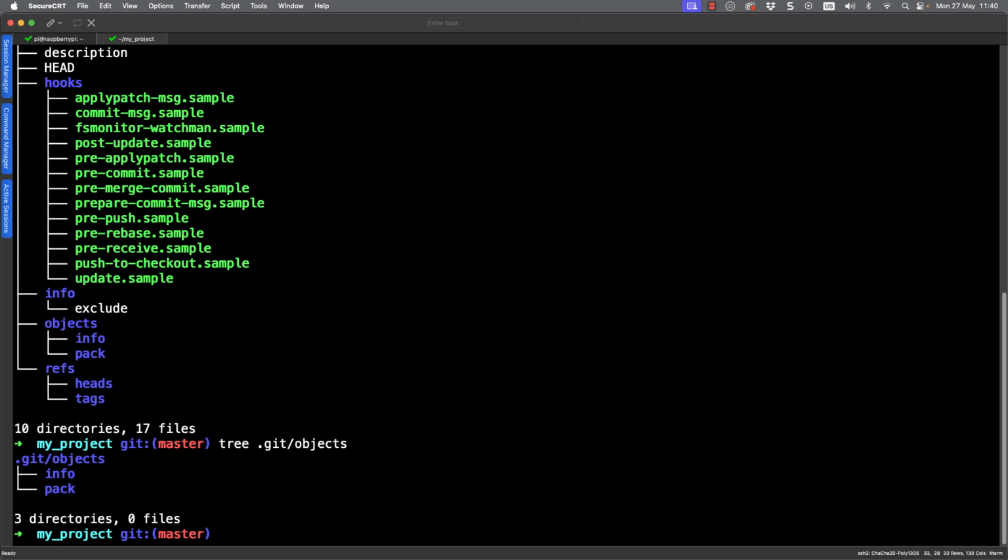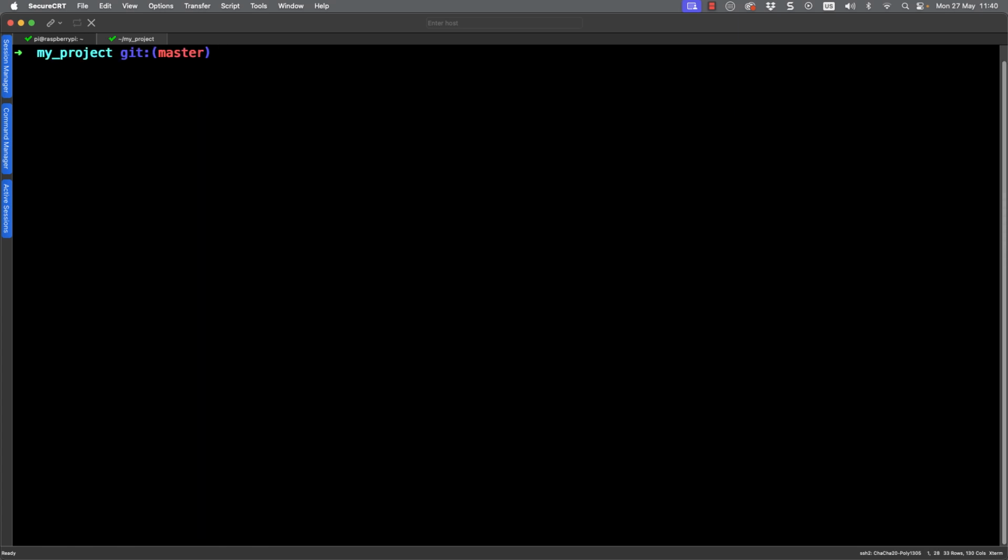We can then start looking to see when our objects are being created, and by clearing our screen and then moving back to our file system, we can go ahead and create a new file within my Linux file system. Now, creating a file in the Linux file system is not going to immediately create a file in the Git repository.